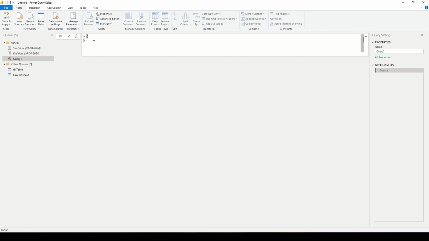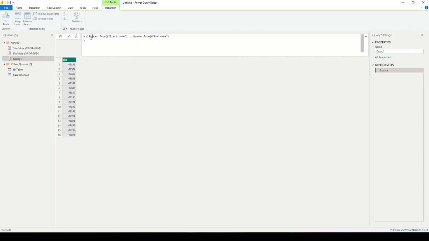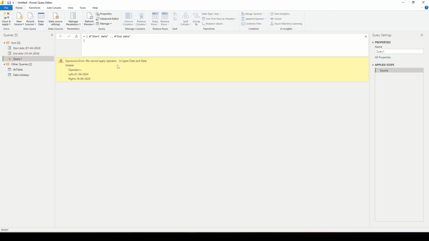And then the trouble is you can't do this with the date. So I first have to convert the date into a number, and then I can do a list. So I want to say Number.From to convert the start date into a number, and then using the double full stop operator in order to say I want to start from this and go to the second value, and in this case it will increment by 1, but otherwise it's still Number.From. And just for illustration purposes, if I didn't include this Number.From, I can show why it gets mad. It says you can't do this operation to add 1,